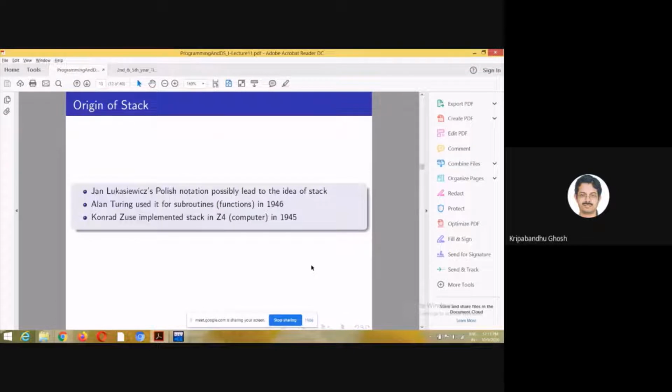Let's go ahead. There are some points on the origin of stack. Stack was first referred to in the Polish notation by this person. But when it comes to implementation of stacks in the programming paradigm, I think theoretically Alan Turing used it for functions.